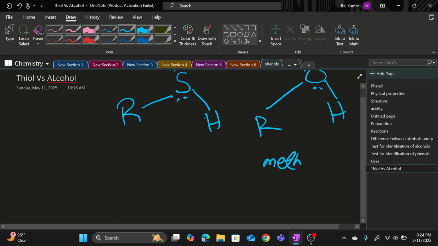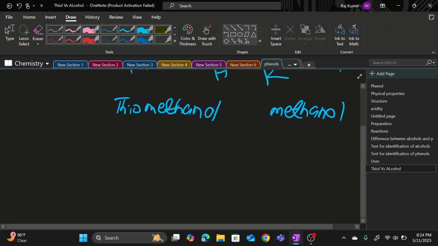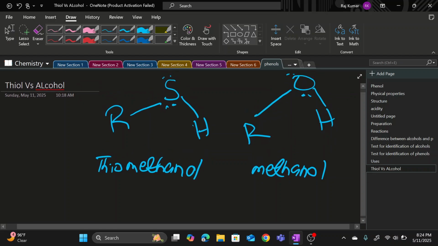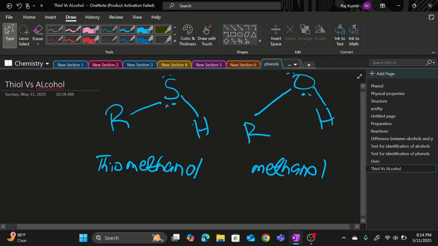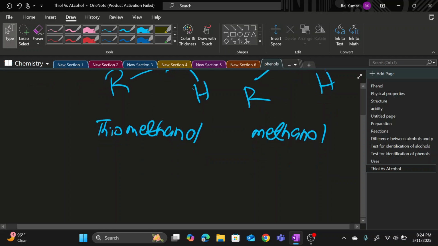If I want to write a thiol group which has one carbon, then I'm going to write it as thiomethanol, right? In that way, I'm going to add the prefix thio to the alcohol's number of carbons, and that is going to become the name for that particular thiol group. Now, when it comes to the first and foremost part,